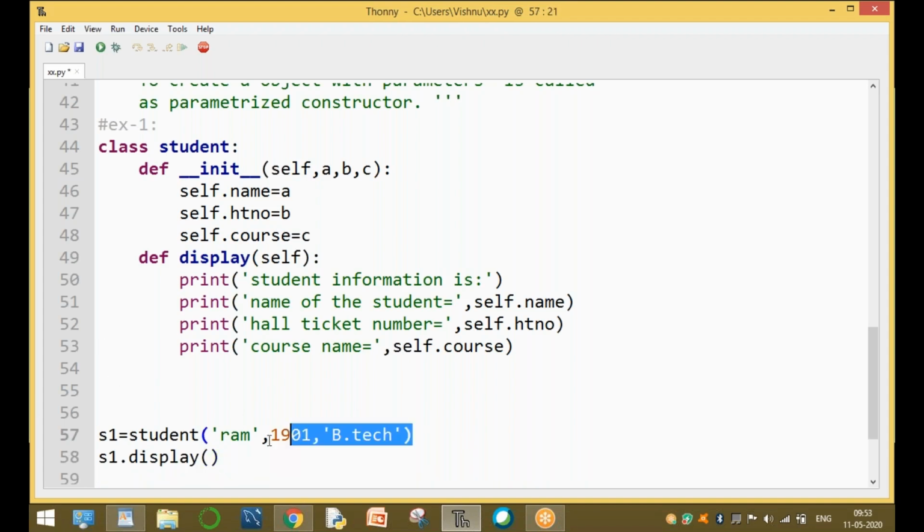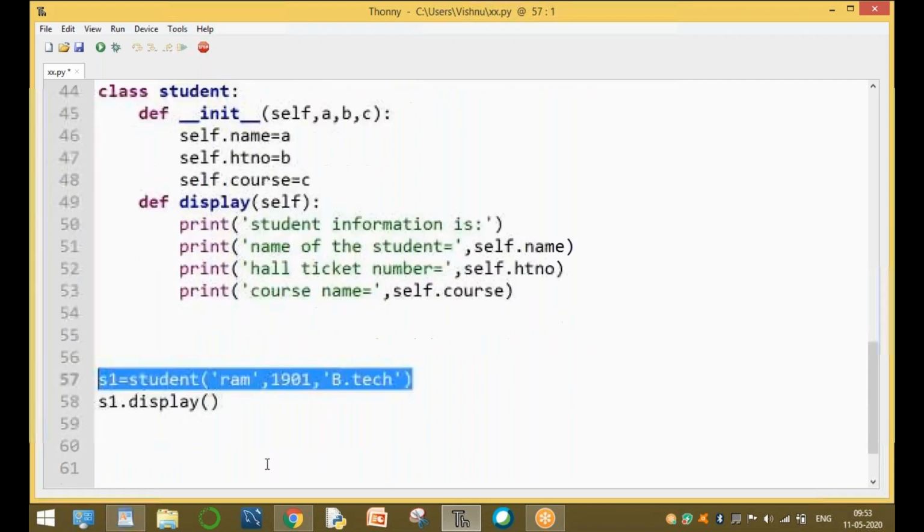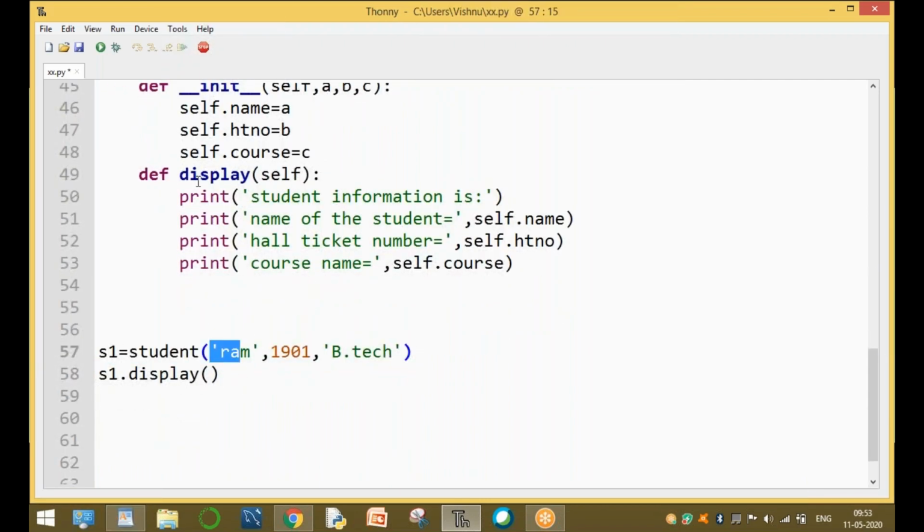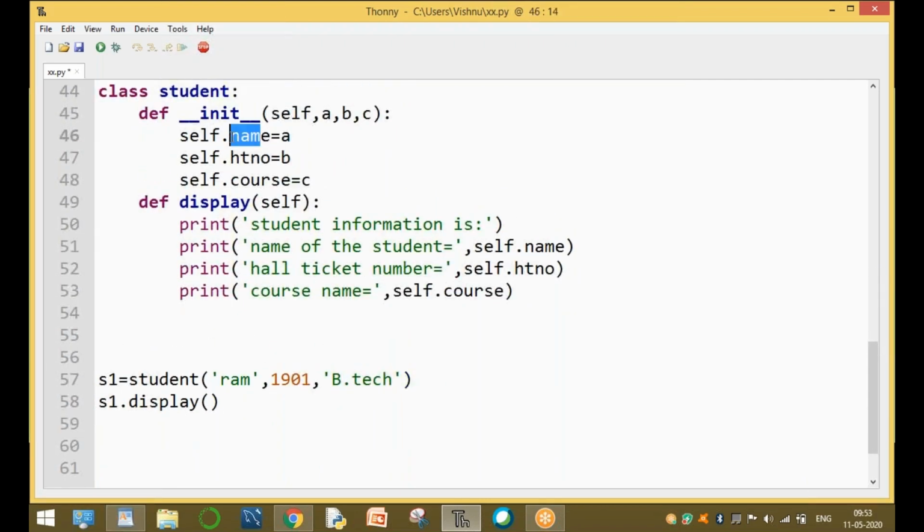Here, this statement is the class creation, and the second statement is the main program. The first statement is executed: the S1 object is created and immediately executes. The name value is Ram, the hall ticket number value is 1901, and the course value is BTech. The next one displays the student information.